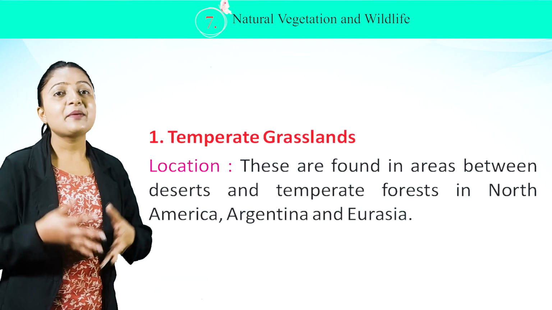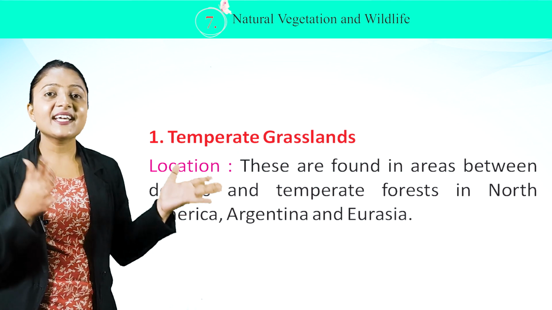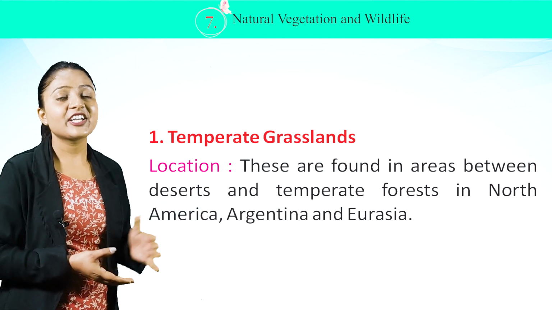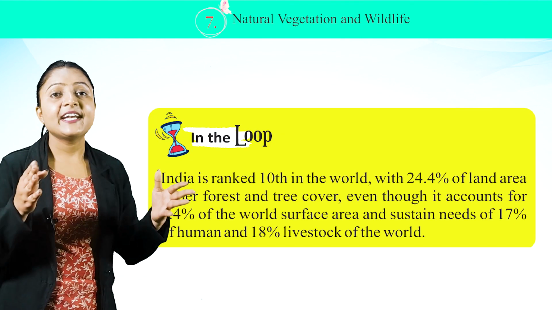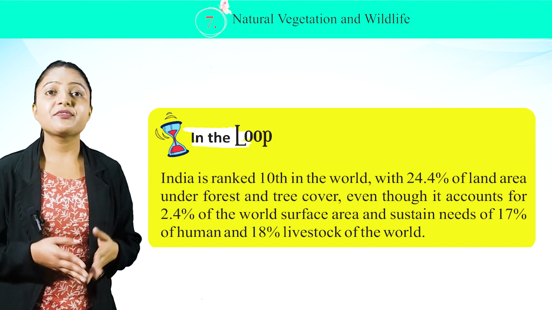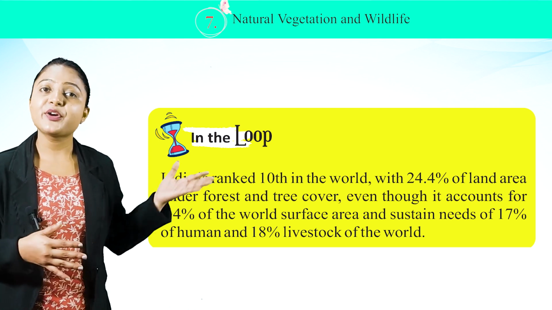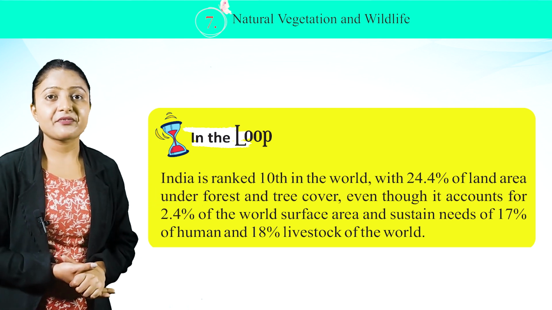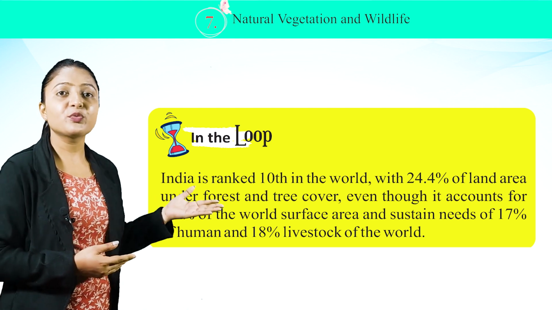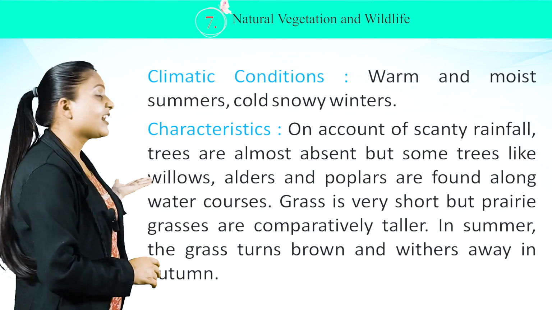Number 1, temperate grasslands. Location: these are found in areas between deserts and temperate forests in North America, Argentina, and Eurasia. In the loop, India is ranked 10th in the world with 24.4% of land area under forest and tree cover, even though it accounts for 2.4% of the world's surface area and sustains the needs of 17% of humans and 18% of livestock of the world. Climatic conditions: